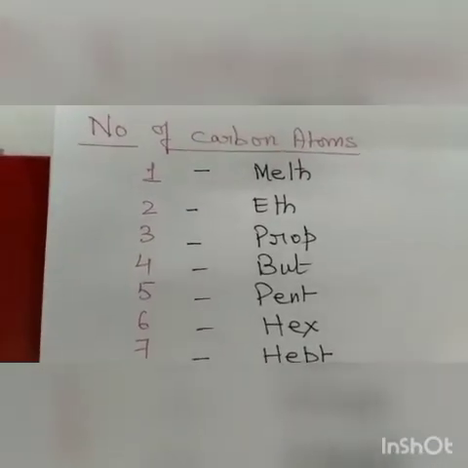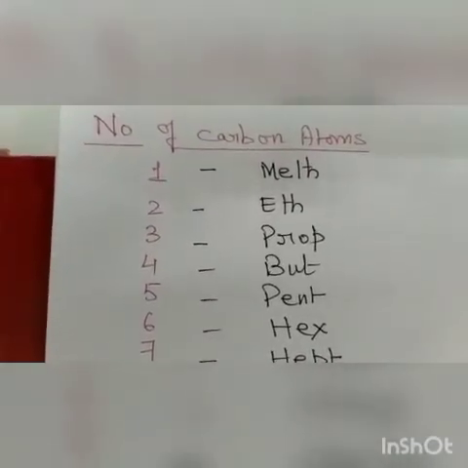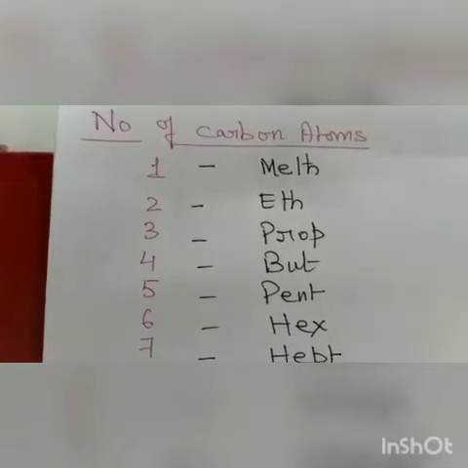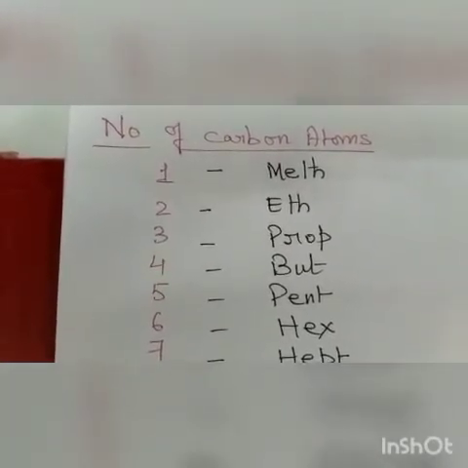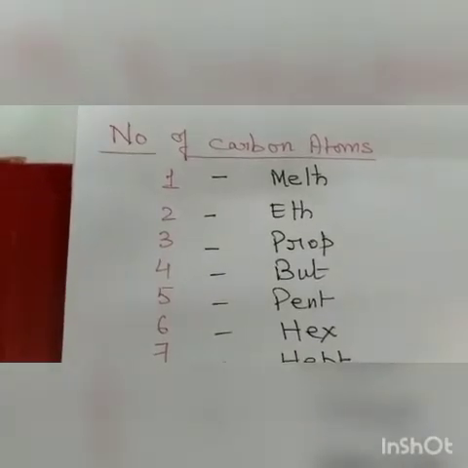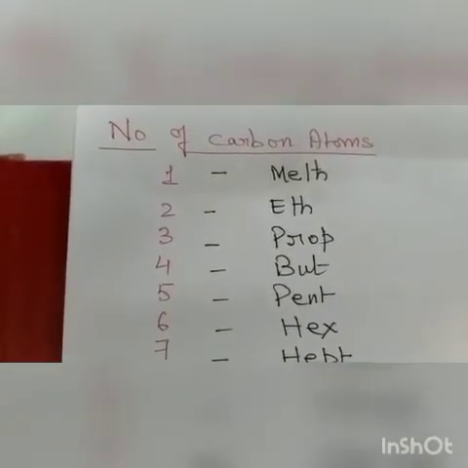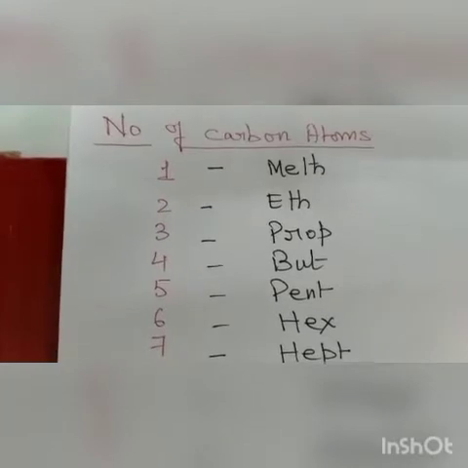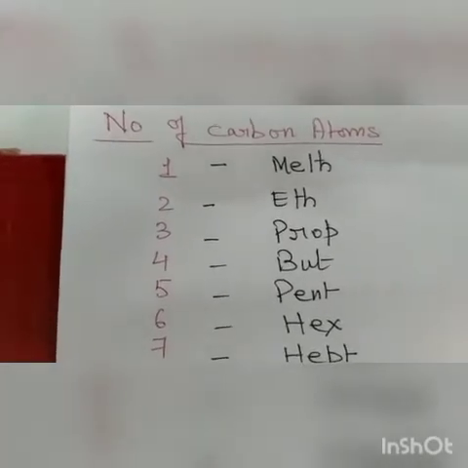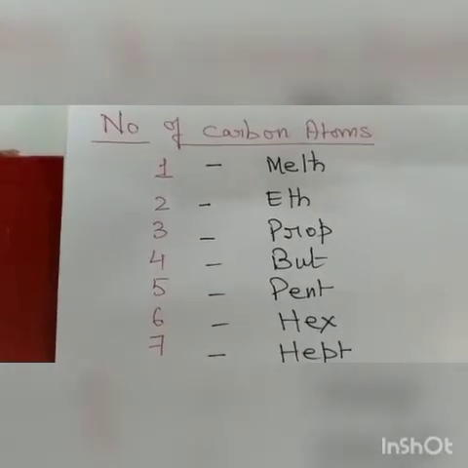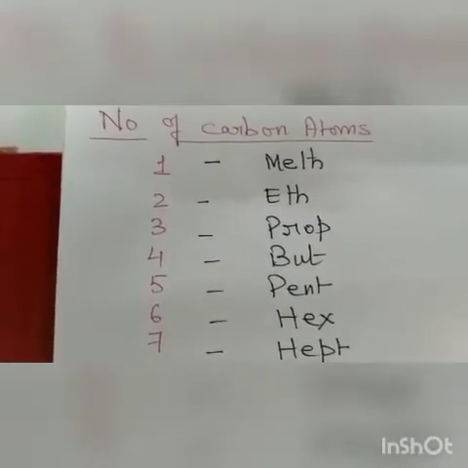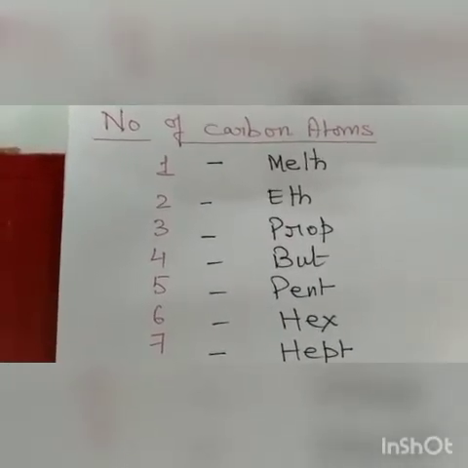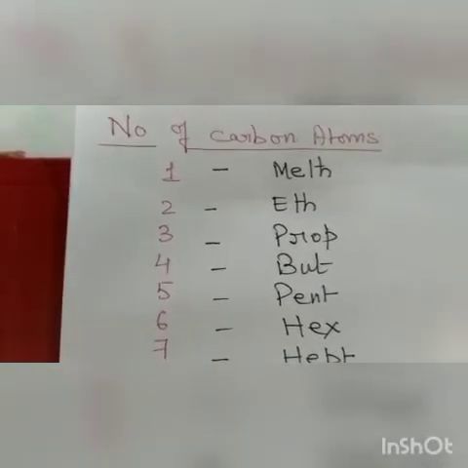Hello students. We will continue with our previous chapter, carbon and its compounds. I hope you have understood everything we have discussed so far. Students, it needs a lot of practice. You should know how to draw the structures, so please practice drawing them. Just remember one thing: the valency of carbon is 4 and you have to satisfy the valency. In the last shell there should be 8 electrons.